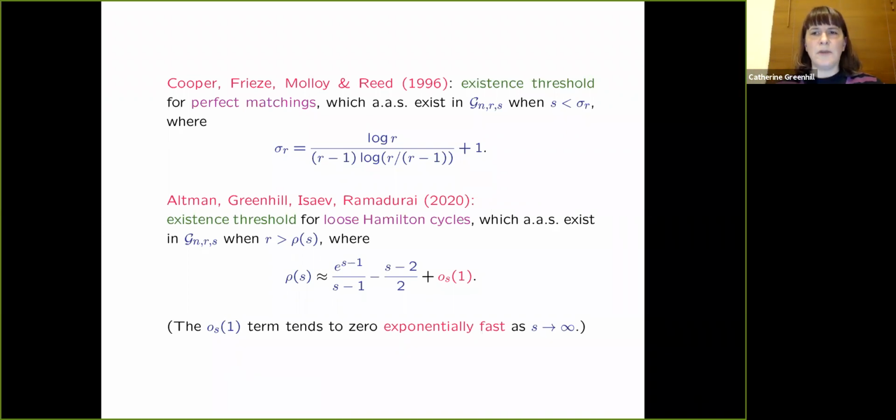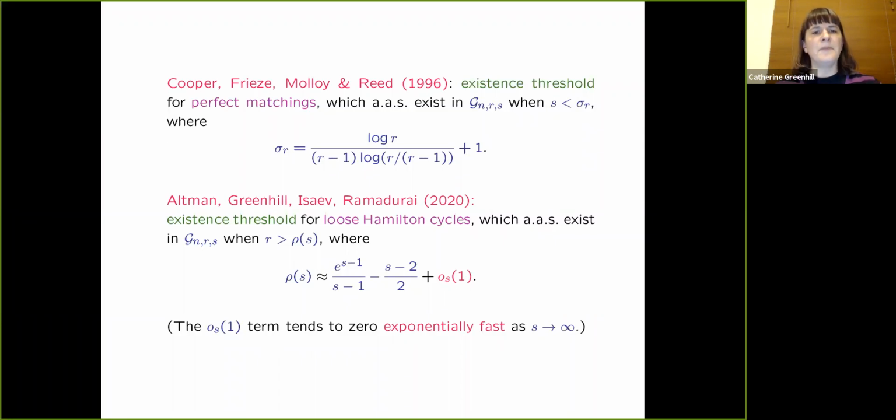So Dan Altman, who was an undergraduate at UNSW and is now in Oxford, myself, Mikhail Isayev, who's at Monash, and Reshma Ramadurai, we looked at loose Hamilton cycles, so the analogue of Robinson and Wormald's initial result using small subgraph conditioning. So we were looking at loose Hamilton cycles in these hypergraphs, and we found a threshold for existence. There's a nice expression that R has to satisfy, but this is the asymptotic, so I just gave you the